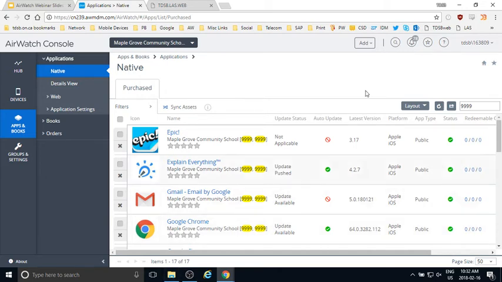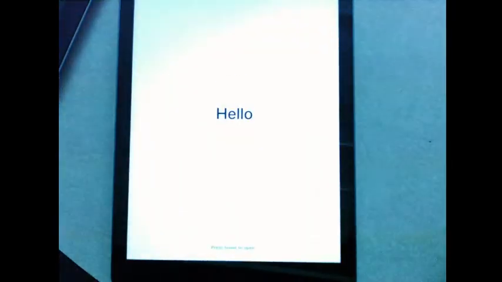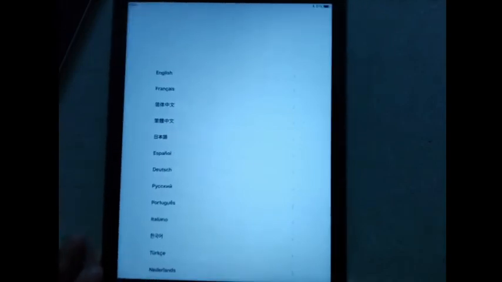So actually, let's do the enrollment again just to show you how simple this whole thing works. So I wiped this iPad, as you saw in the AirWatch console. It's time to put it back in AirWatch. You can either say that this is an iPad that's been wiped, or maybe this is a brand new iPad that you just got. You're going to see this initial setup screen if you just bought it. If you wiped it, you're going to see this initial setup screen as well. Again, we just walked through the setup. Where are we from? Canada, English, Canada.